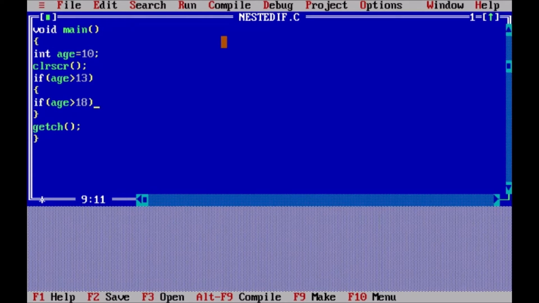Okay, so if this is the case, then we will print. Okay. So if a person is not above 18, that means he is below 18. Then it also means that the person is greater than 13 years of age. Therefore, in the else part we can write